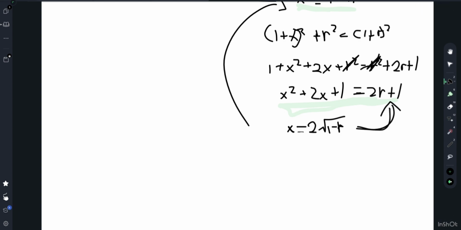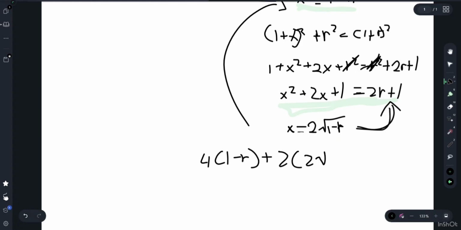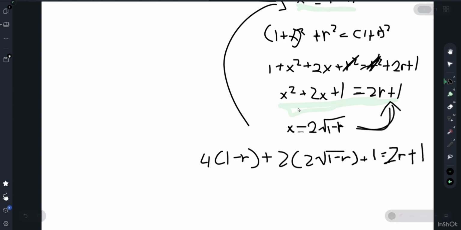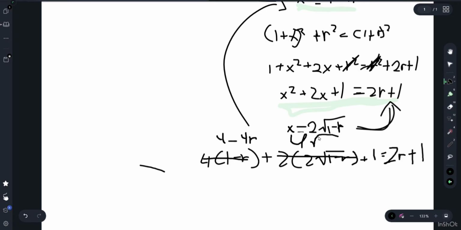So we plug this in and we have 4 times (1 minus r) plus 2 times 2 root (1 minus r) plus 1 equal to 2r plus 1. Now we can simplify and combine. So we have 4 minus 4r right there, and this part right here is 4 root (1 minus r). So now